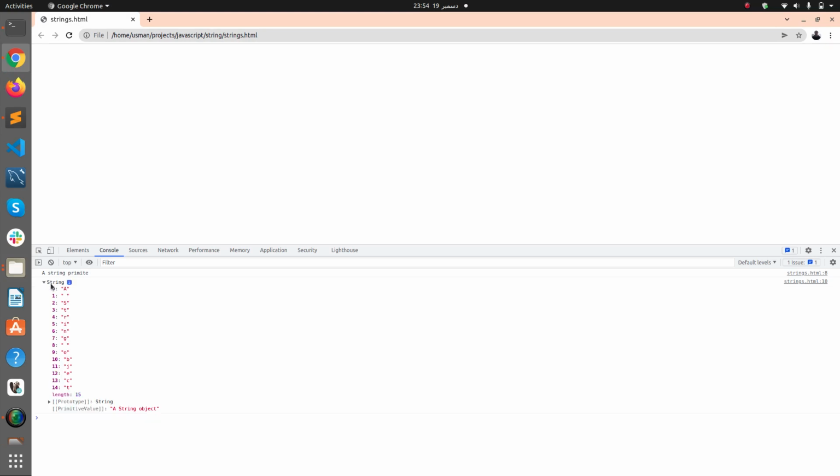If I click at that arrow, basically a string object is a series of characters,